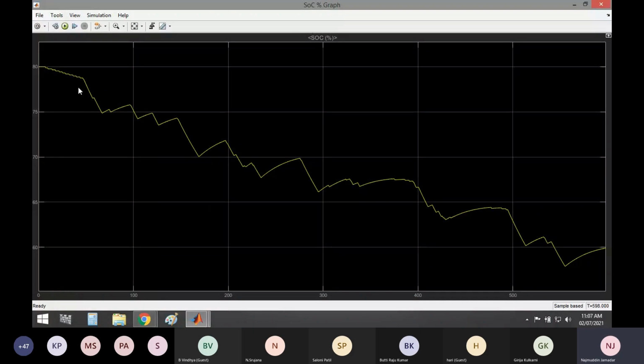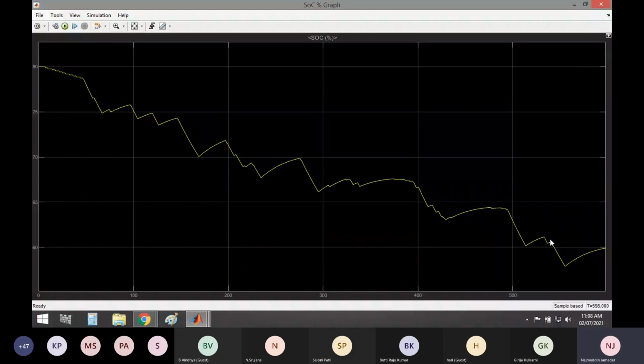And here if you see some increment in SOC, that means the braking action occurred. That's why you see decrease, increase like that, because we are applying full regenerative braking. Hence the battery SOC gets increased during braking and decreased during the acceleration time.